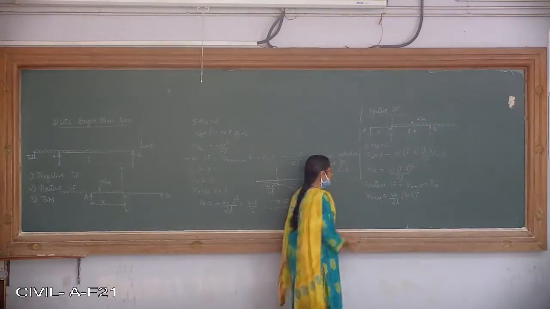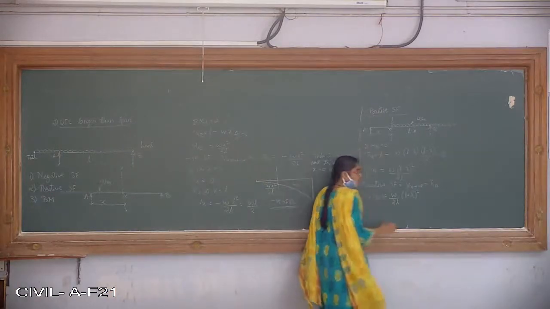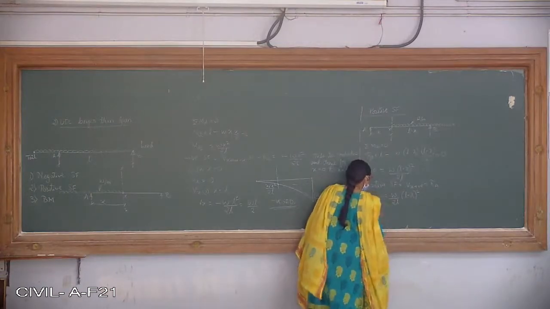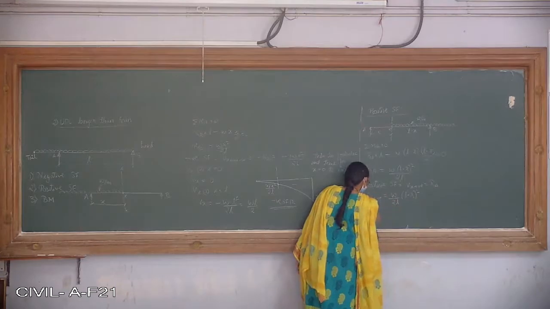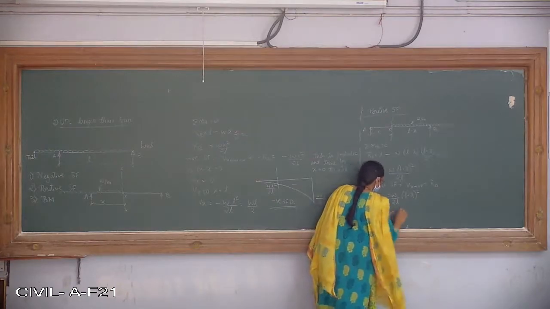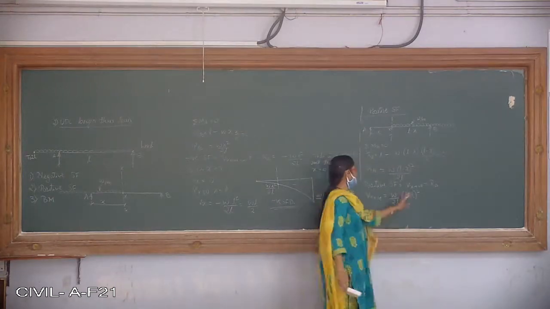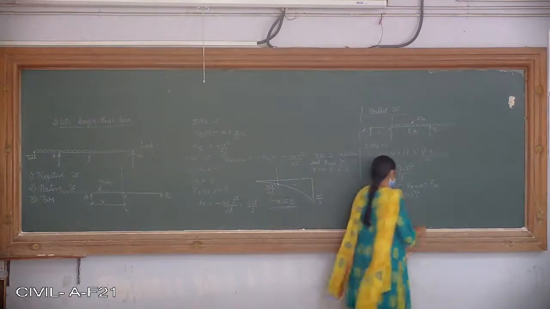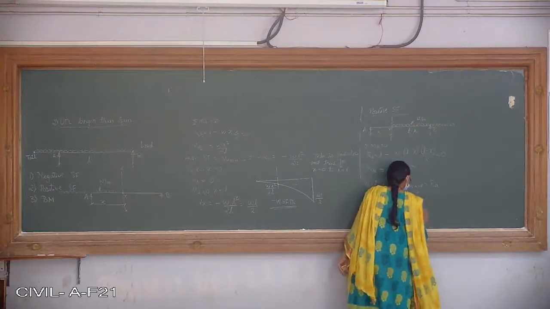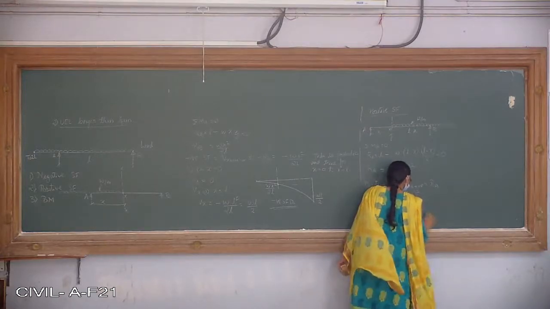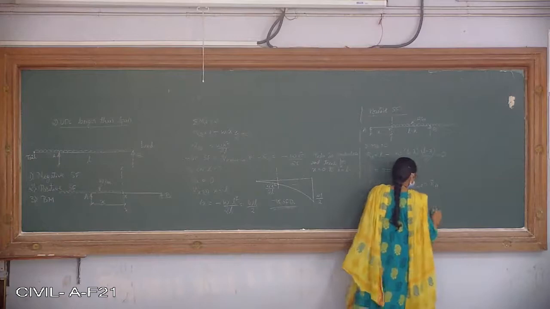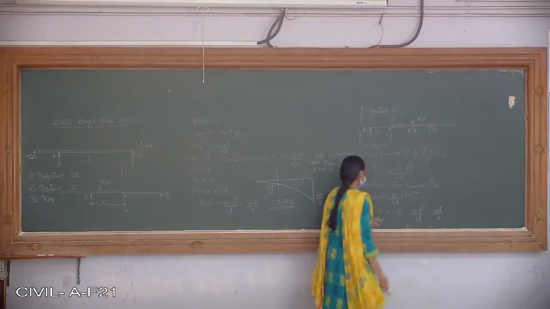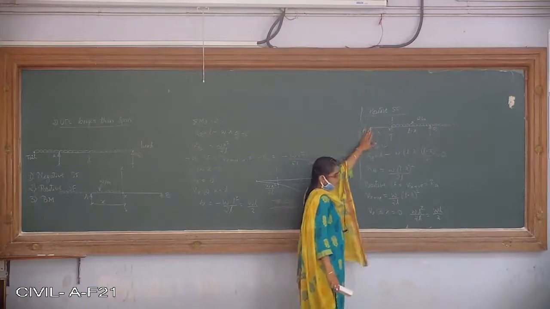Let us substitute the values and find out what could be the positive shear force diagram. So here, Vx at x equal to 0. Substituting x equal to 0, I have W L square upon 2L. So that is W L square upon 2L. So here I get WL by 2. This is going to be the positive shear force at A, x equal to 0.